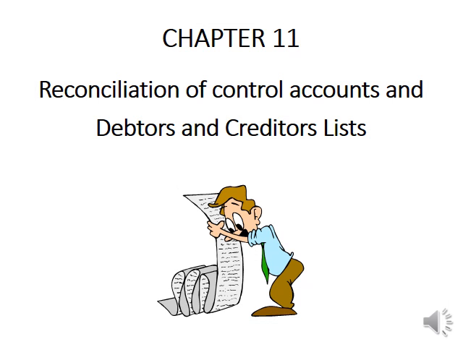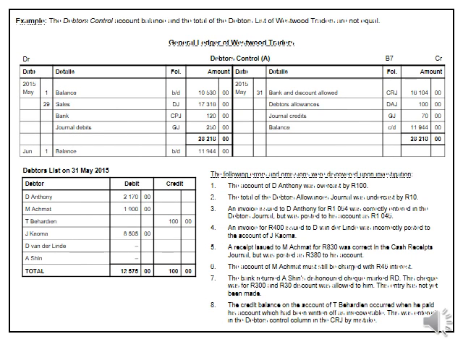Now we are going to do an actual reconciliation between the control accounts and the debtors or creditors list. We're only going to do the debtors control and the debtors list, but what applies to them will also apply to the creditors control and the creditors list. We are given the debtors control account of Westwood Traders that was already done, and the debtors list on the 31st of May